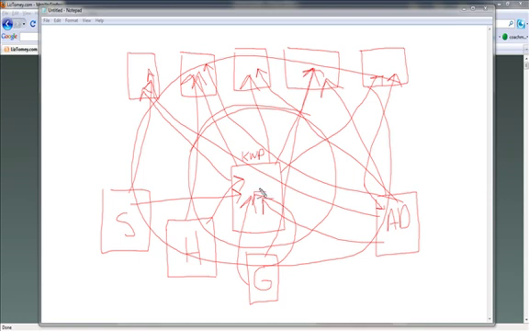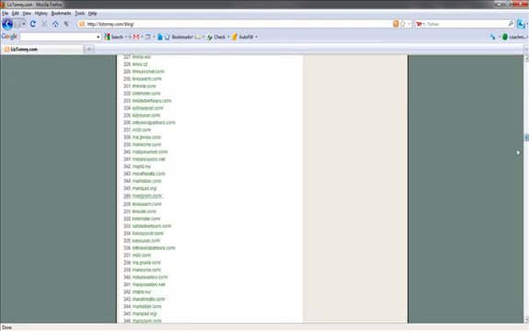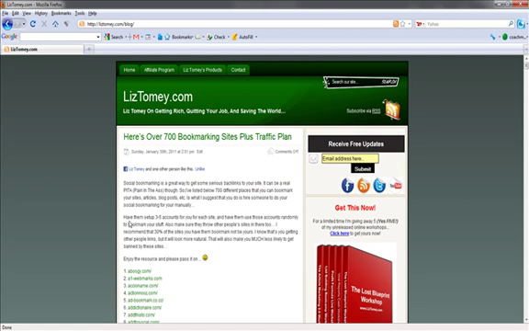There is a resource in your resource document. There's over 700 different bookmarking sites plus a traffic plan. Basically, what I have here is a list of over 700 bookmarking sites. As you see, there's bunches of them. And what I recommend